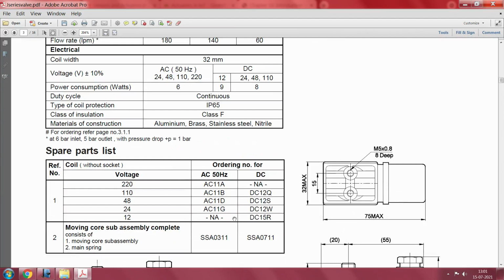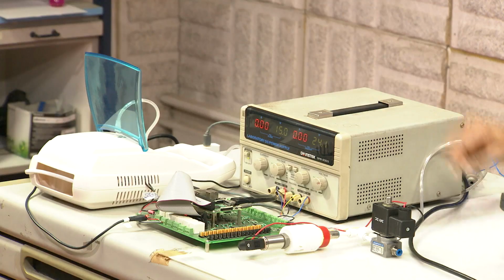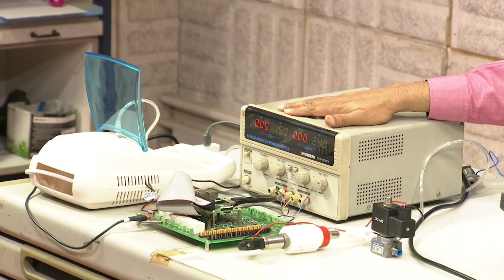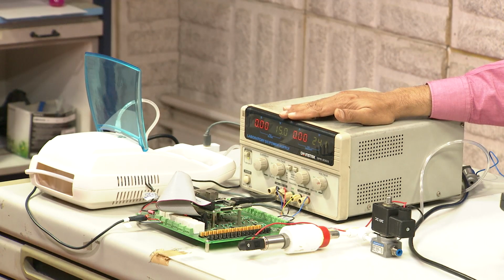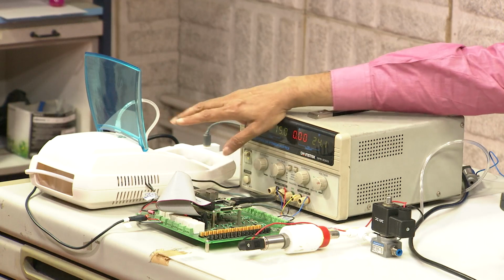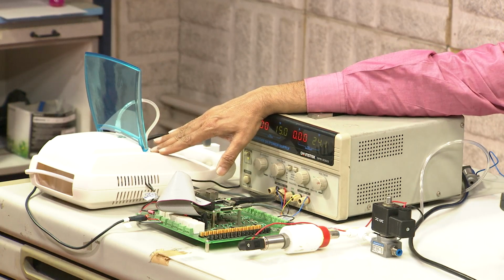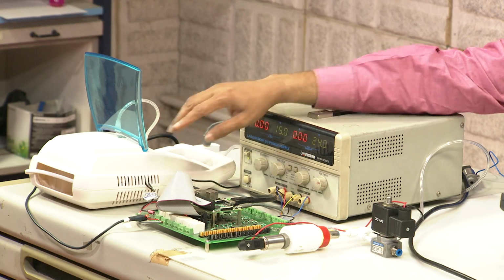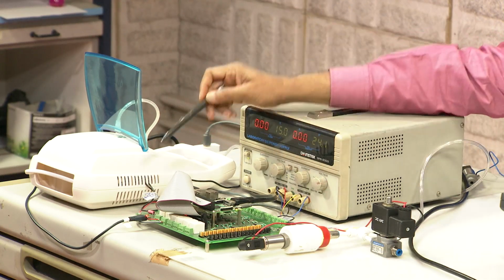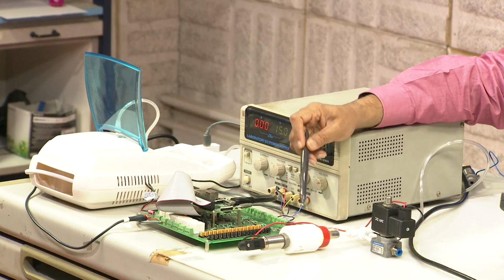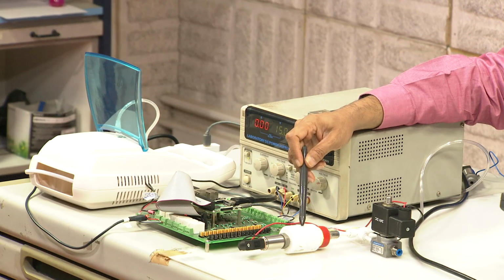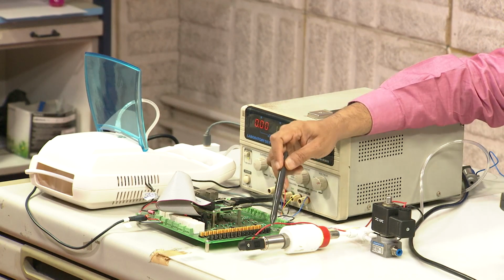So, let us now shift to a demonstration, and I will explain the demonstration setup for you. What you see is a power supply here, and with this power supply you will see the current consumption change, and I let you locate the change in the current consumption. What you have here is a source which generates a certain amount of pressure, and it tries to fill up this cylinder. So, this is the source which is generating some amount of air, and this air with a certain pressure is filled up in this small little cylinder, and this is measured by this sensor.